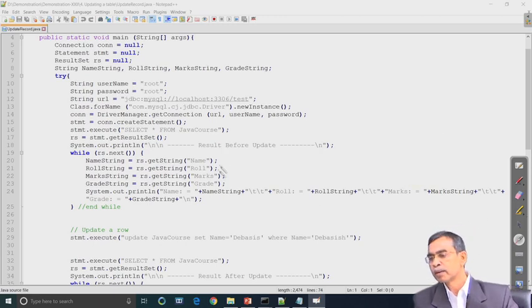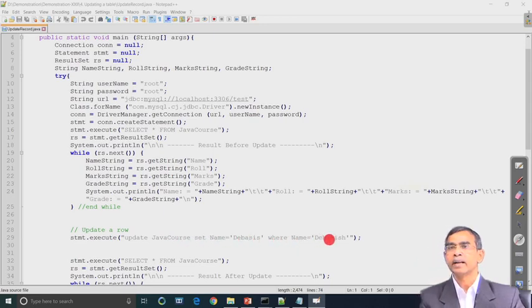So, this is the program flow. Here we create the connection and then execute the statement to see what records are there before the update, and it shows all the records. Here is the command by which we execute the update: update Java course set name Devashish, where name is Devashish. If there is any record whose name field has this value, it will be changed into this form.